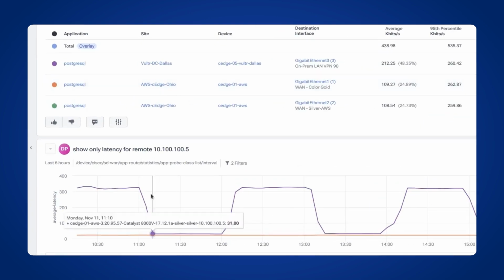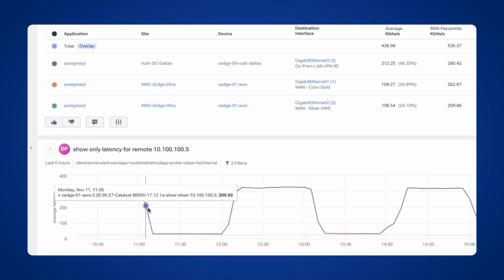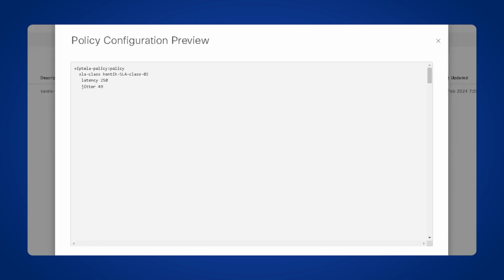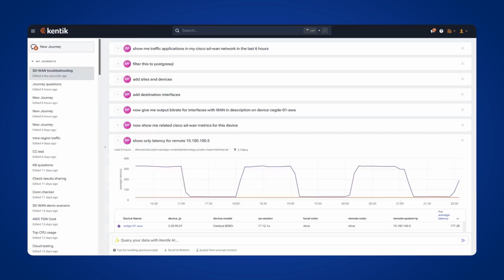Here, we can notice that traffic is routed through the silver link when latency is normal. However, when the latency on the silver link increases, the traffic is routed through the gold link. The next step is to confirm this behavior by checking the routing policies configuration on the Cisco SD-WAN controller. Just like that, Kentic has confirmed that the SD-WAN routing policies function correctly, but our connectivity service provider needs to address the periodic link